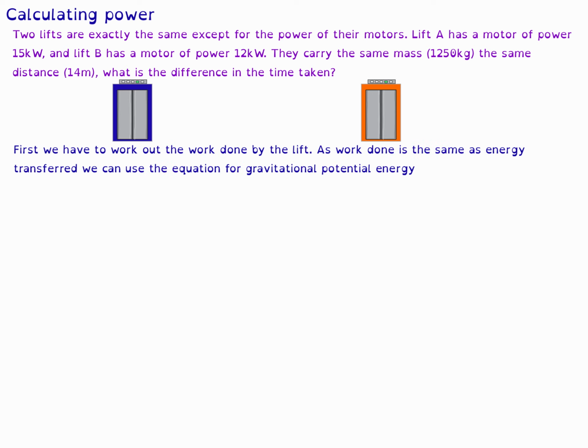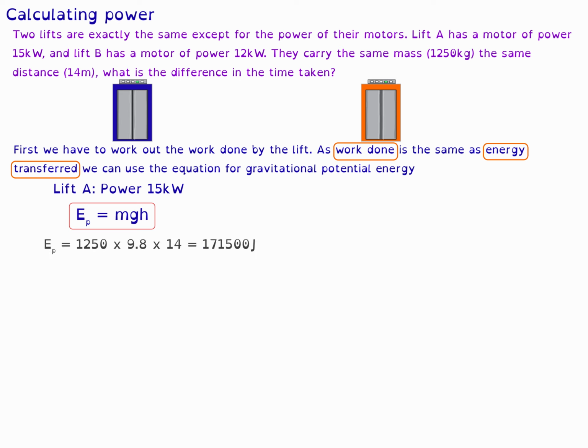First, we have to work out the work done by the lift. As work done is the same as energy transferred, we can use the equation for gravitational potential energy. So for lift A, gravitational potential energy, E_P, equals mgh. Substitute in the numbers, and that gives you E_P equals 1,250 times 9.8 times 14, and that gives us an answer of